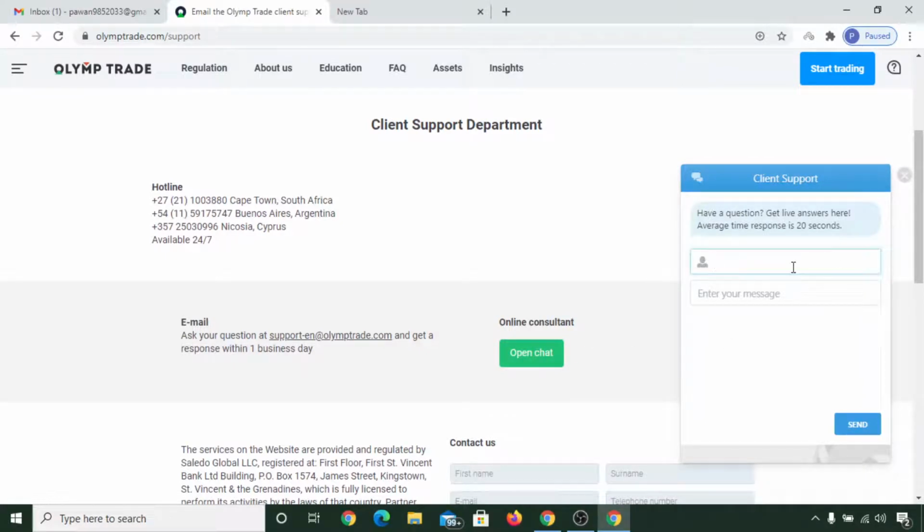Okay, you need to enter your name here and just type, "Hi, I want to verify my account so that I don't face any problem while depositing and withdrawing my funds." Okay, once you send them a message like this, by putting your name here, they will reply